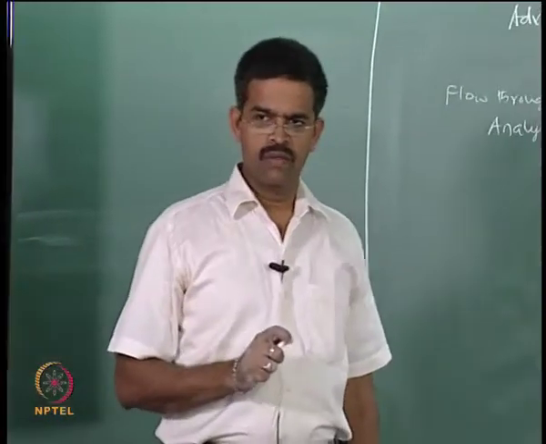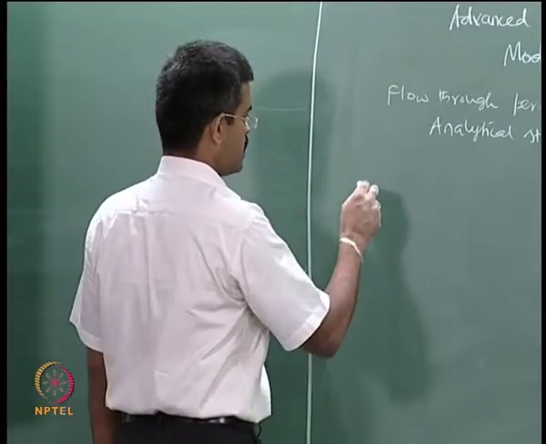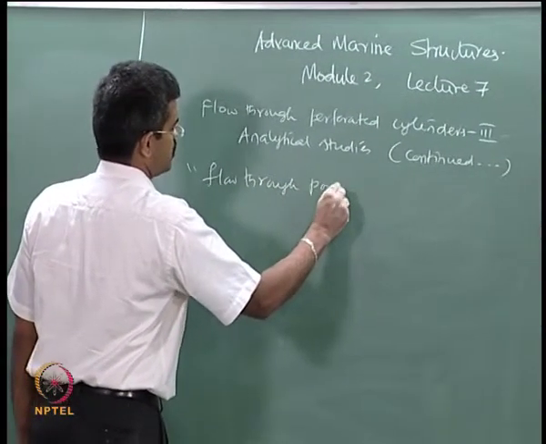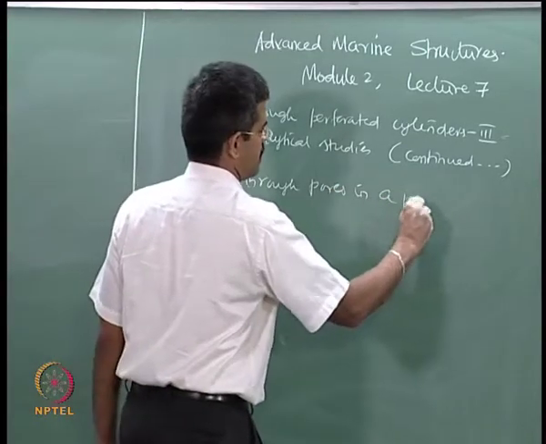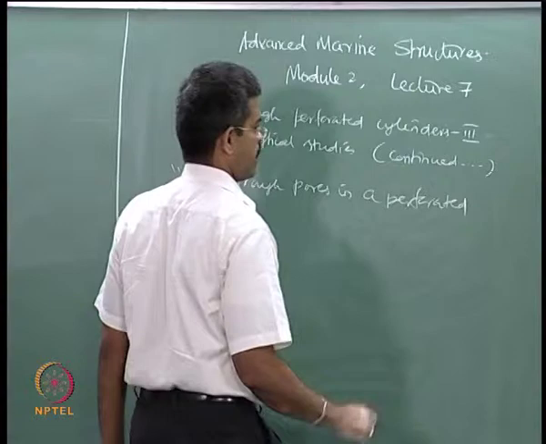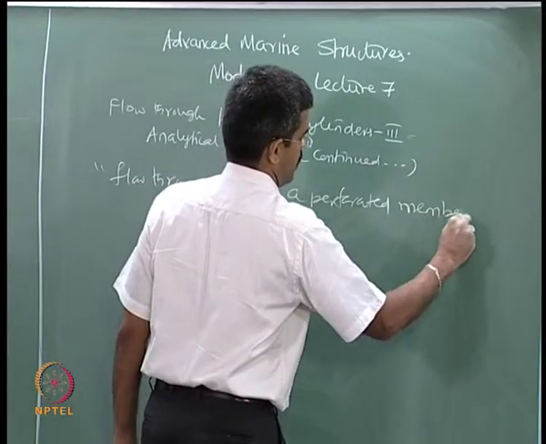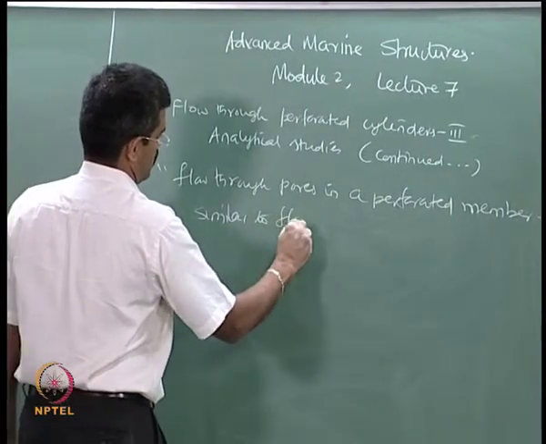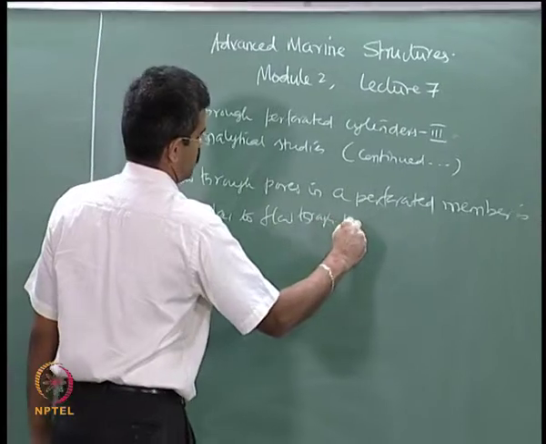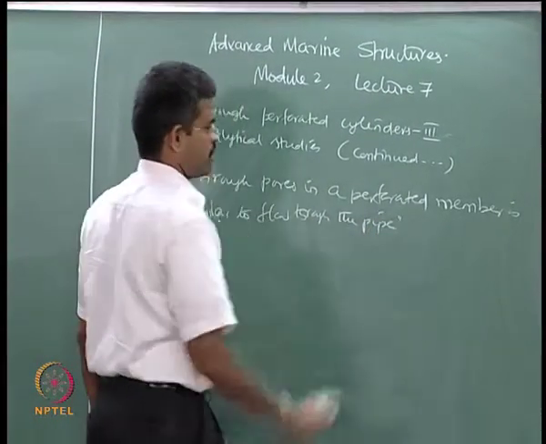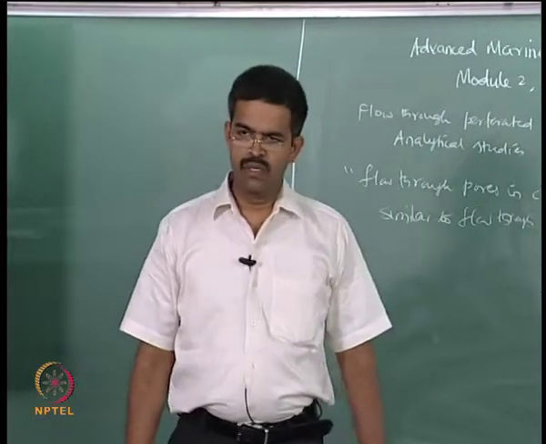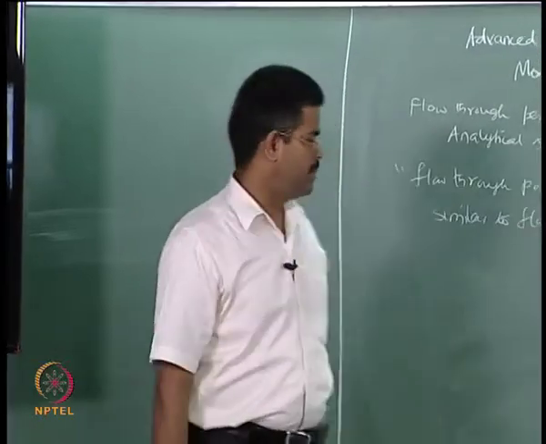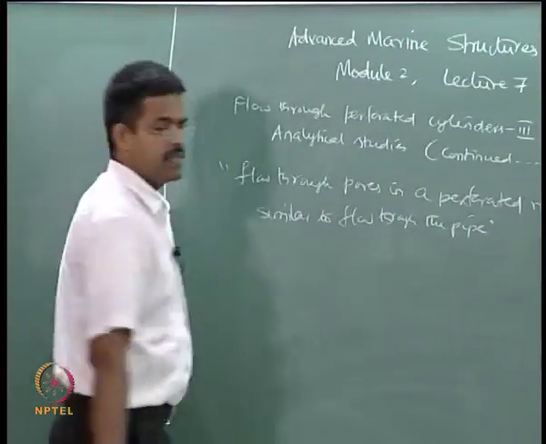In the last lecture we established a basic fact that flow through pores in a perforated member is similar to flow through a pipe, because there has been a close analogy which we established between the porosity parameter and that of the Reynolds number. Considering this fact as acceptable,